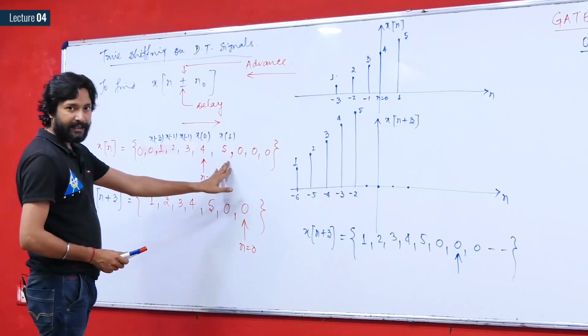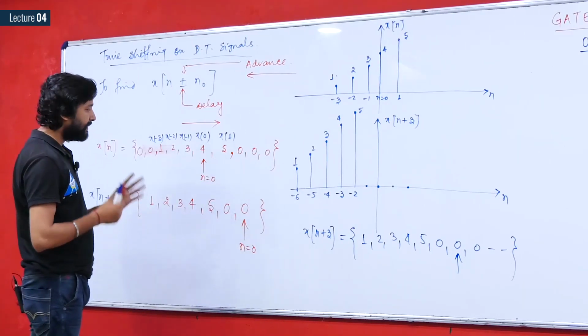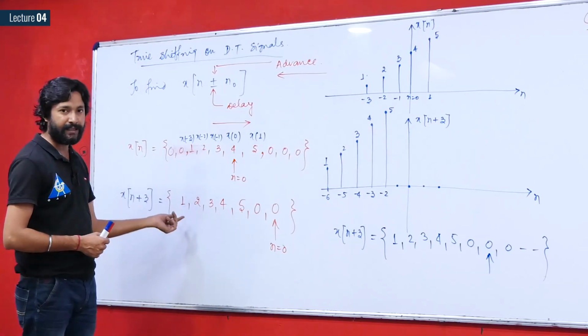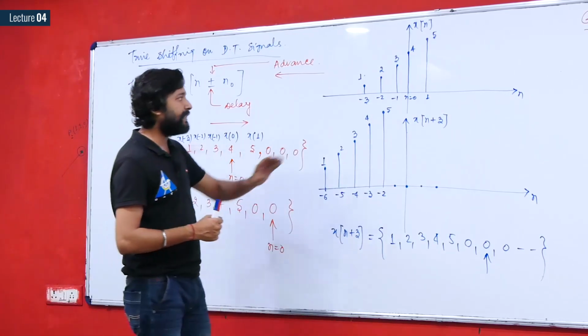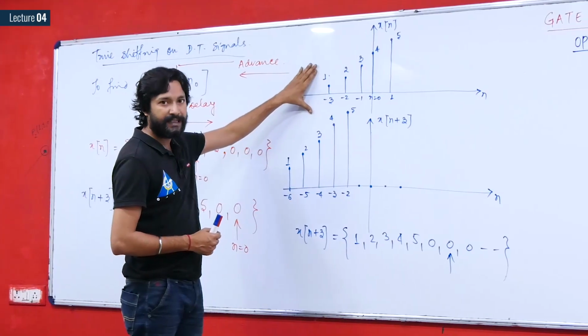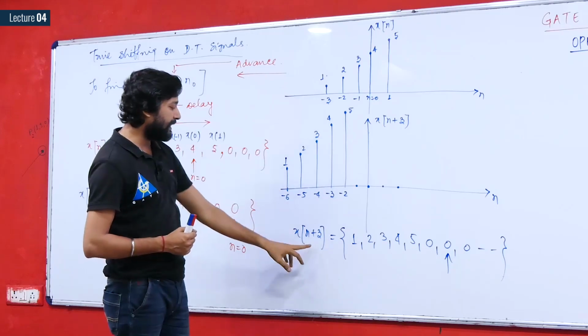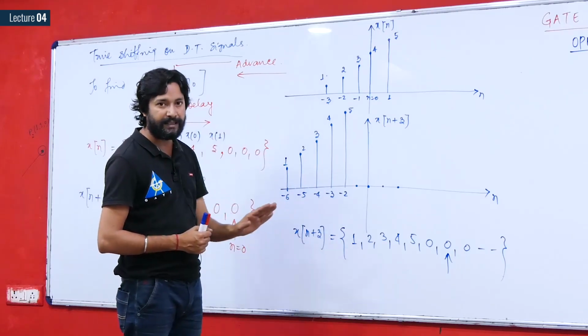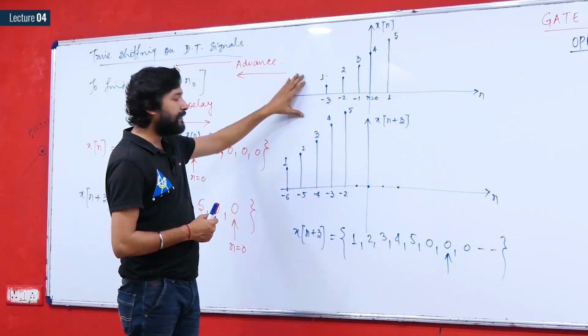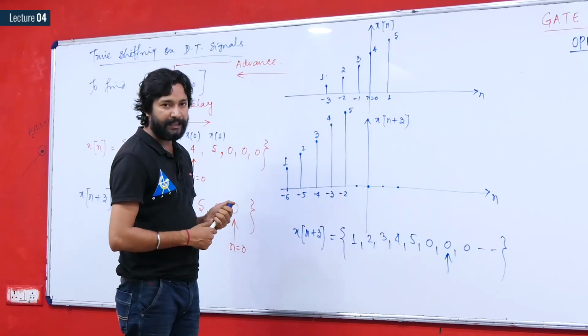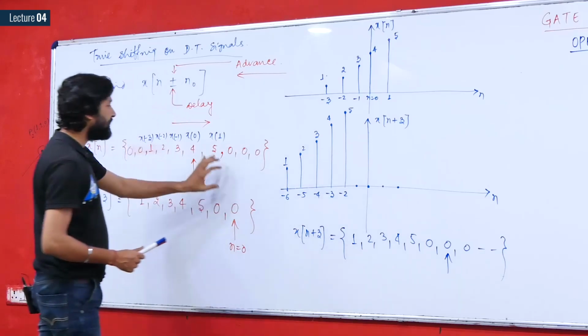It is easier and more convenient, as the chance of committing a mistake is less in this procedure. Therefore, whenever you are given the signal in the exam in the form of a graph, you should still plot this signal in sequence representation, so that it will save your rough space and there will be less chance of committing a mistake.